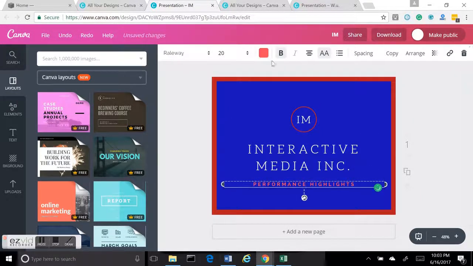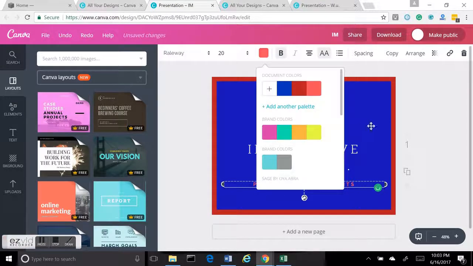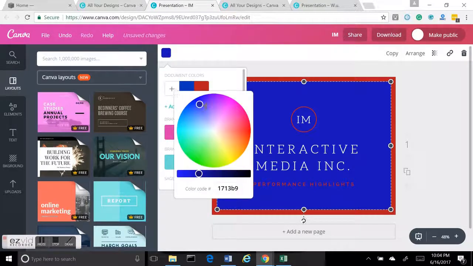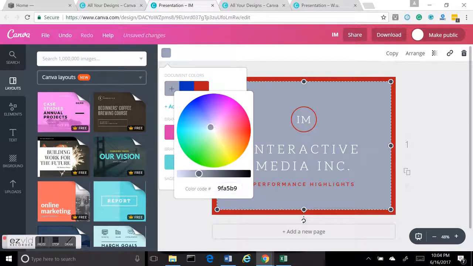And I wanted to save that. It won't go away. Oh, there it goes. It went away. Sorry. Okay, so I'm going to change this to this red,